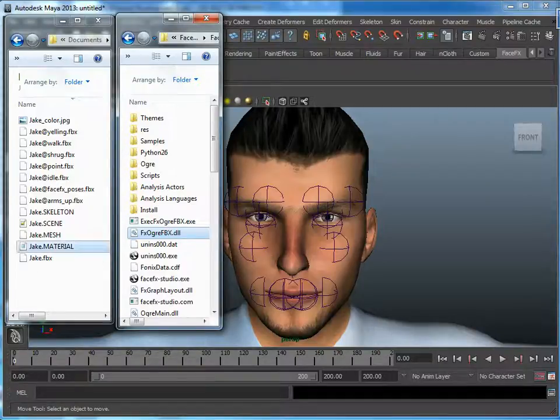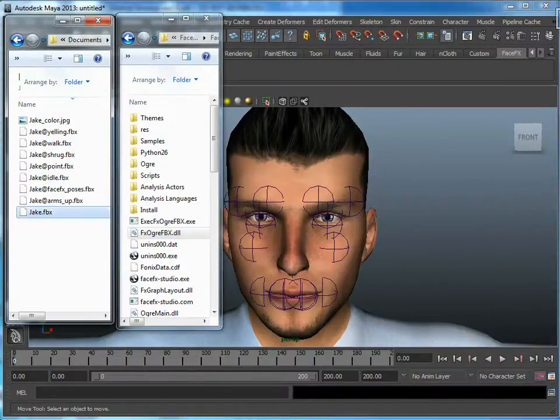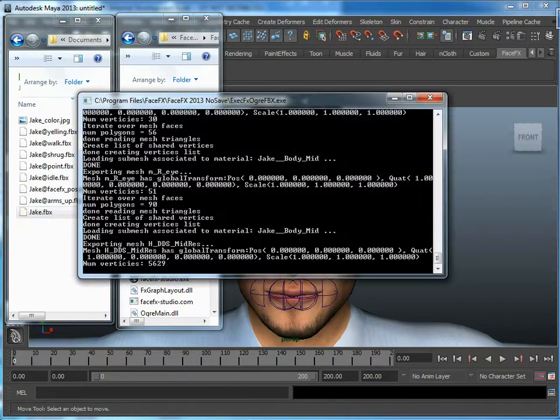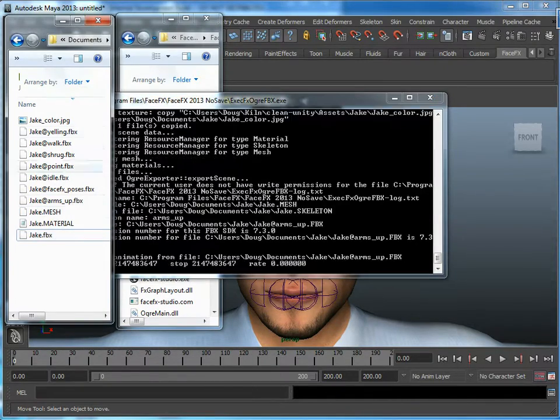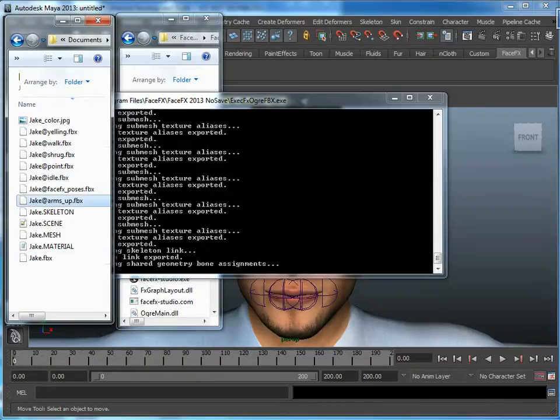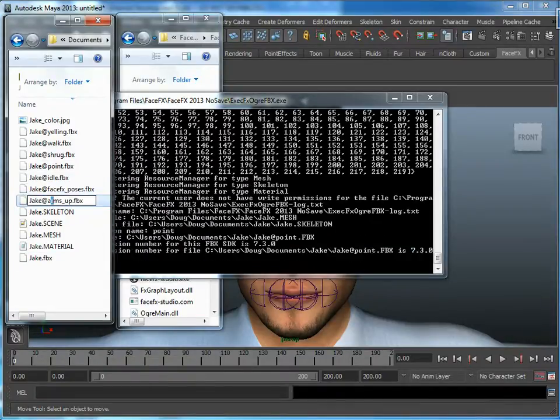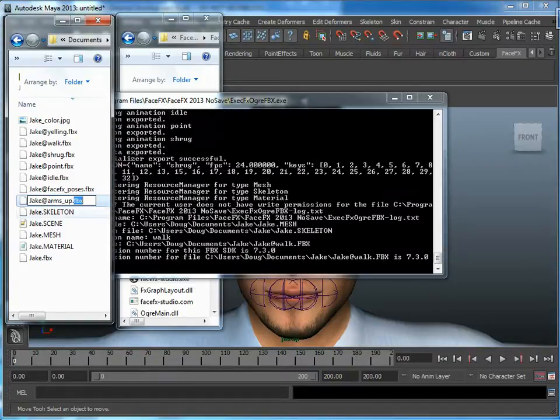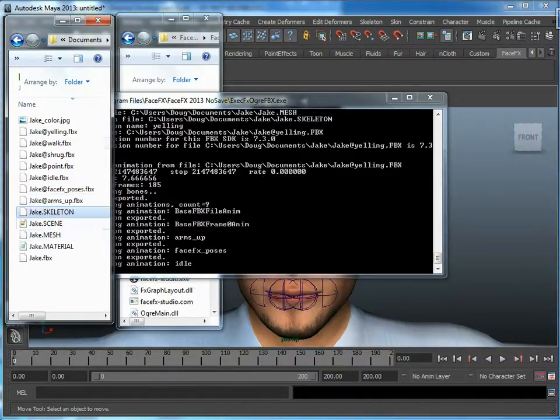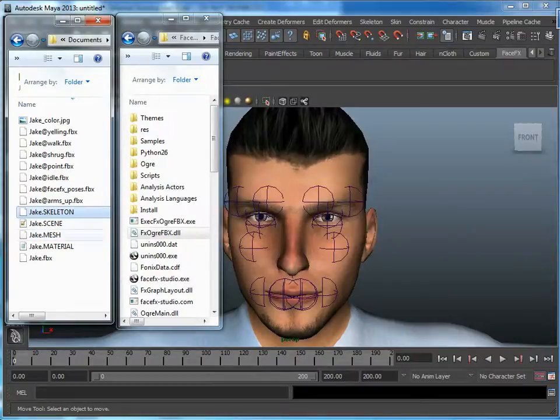So how it works is simple. We can delete these for now, and you would just drag an FBX file onto the executable, and it's going to generate those files. It's also going to look in the directory for base FBX file at animation name.fbx files, and it's going to add those animations to the skeleton and mesh files. To the skeleton if it's a bones animation, to the mesh file if it's a morph target animation. So it's a very simple pipeline which mimics Unity's FBX pipeline for organizing your animations and exporting them all into